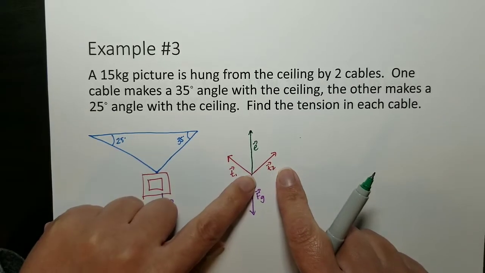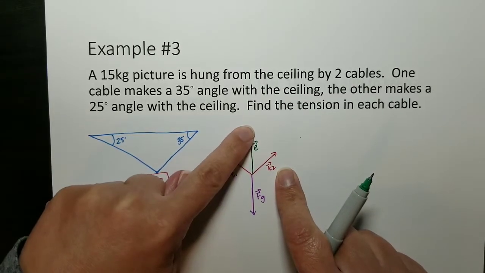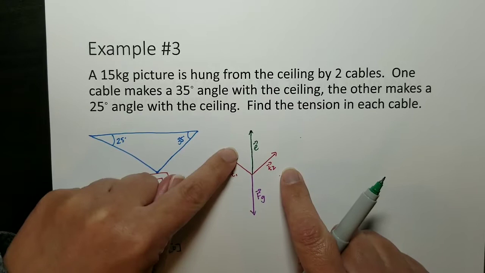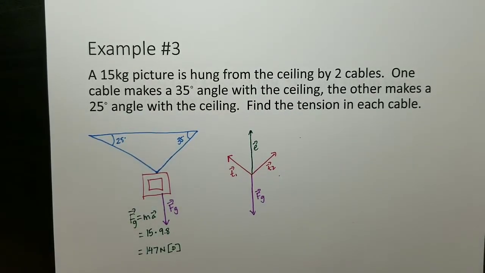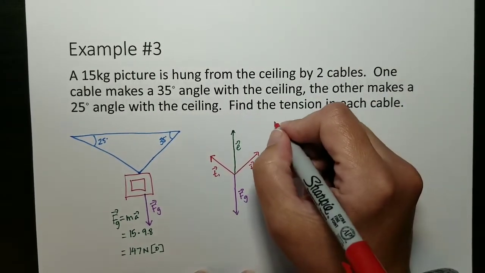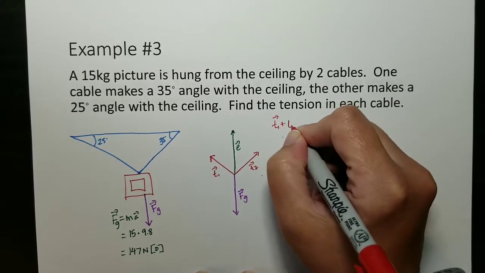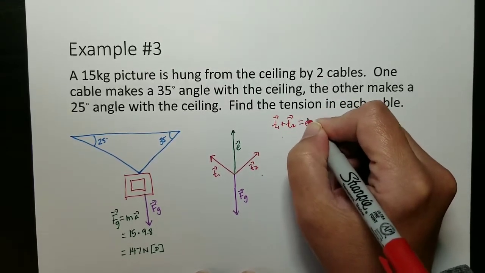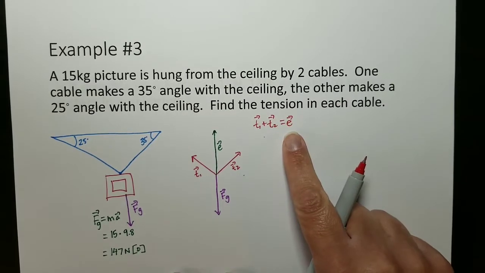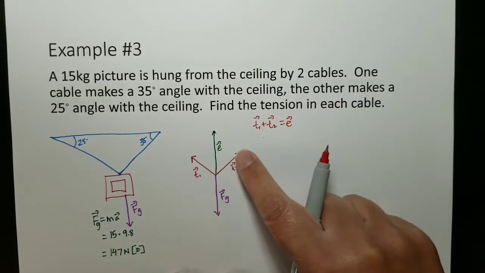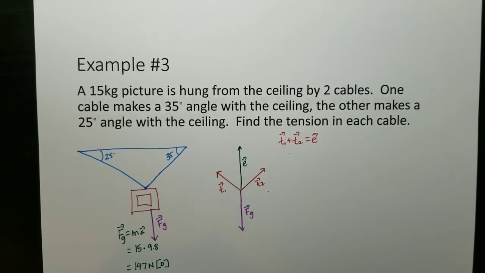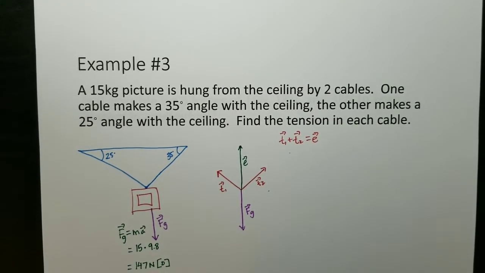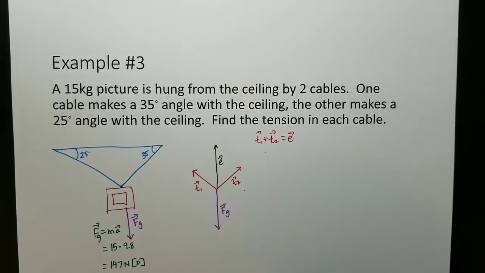Now, if we added up T1 plus T2, you can see that these two red vectors would add up to the equilibrium. So they're going upwards. So I have an equilibrium vector pointing directly opposite from gravity, and I have these two tensions in the wires, and we know the angles of the wires. So we can put this all together,